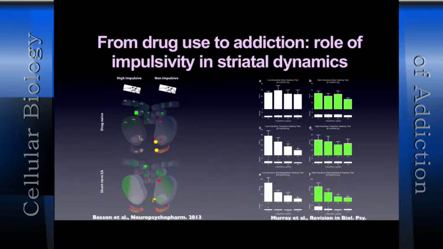So this is, sorry, drug naive after a week, after 10 days of exposure: low impulsive animals show a decrease in the ventral striatum. High impulsive animals do not show that. And after chronic exposure, I'll show you on another slide, there is a decrease in both sides in the dorsal striatum, in the core of the nucleus accumbens, and in high impulsive animals, you only start seeing the decrease in the shell and in the DLS. So there is a shift in the transition.